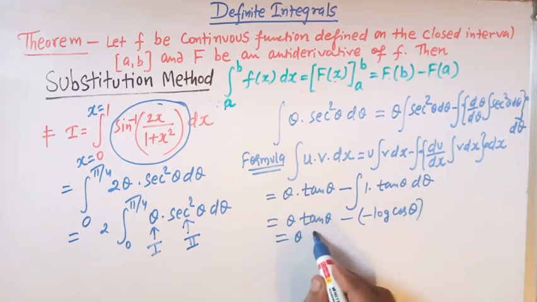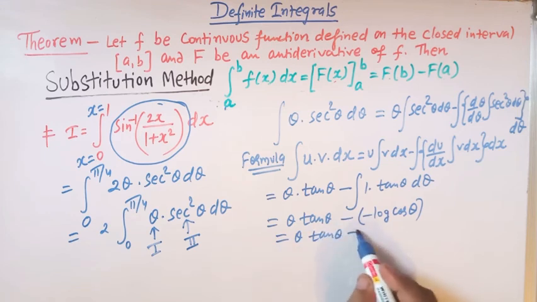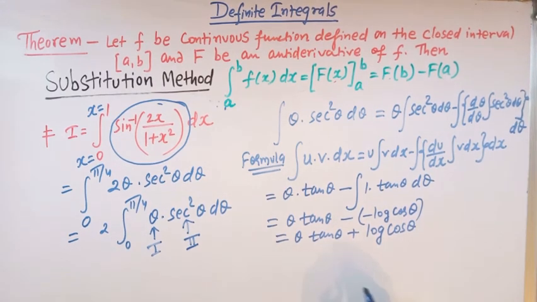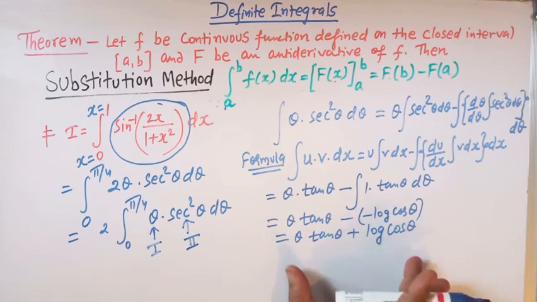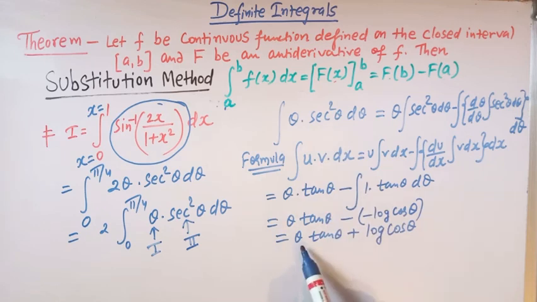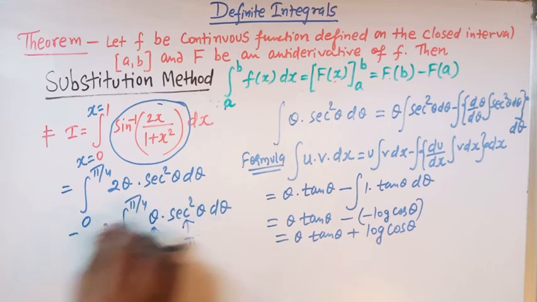So this is theta tan theta plus log cosine of theta, right? Now viewers, the indefinite integral of theta sec square theta is theta tan theta plus log of cosine of theta. So we have to find the